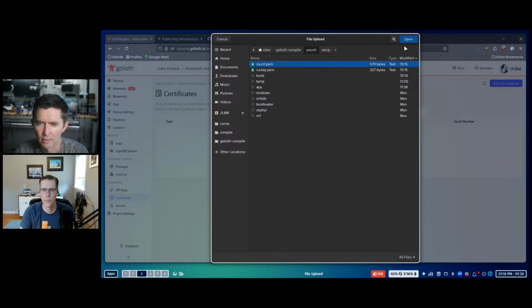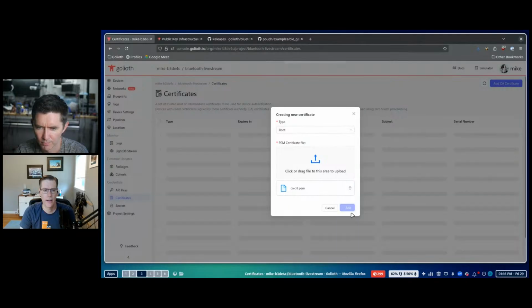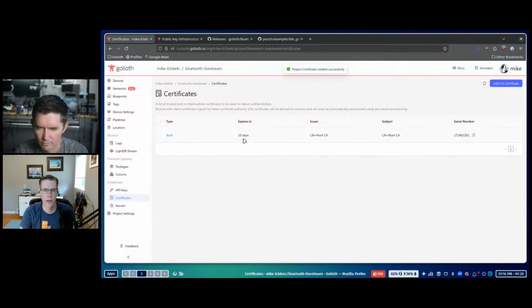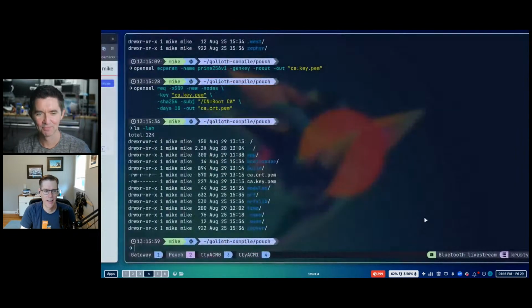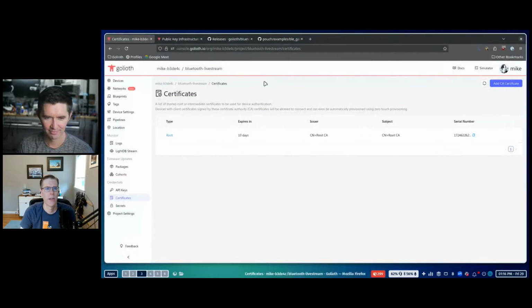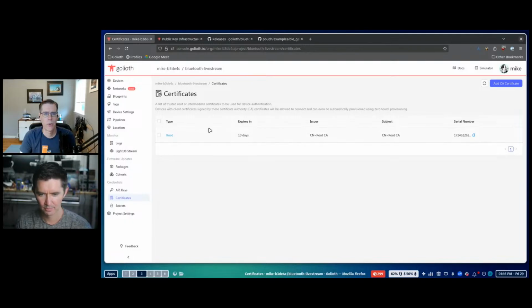crt.pem. There we go. Open, add. All right, and you can see this one expires in 10 days. That's probably a bad idea if you're going into production. This is just for demonstration purposes. That was one of the settings when I generated it. So that is for the project to be able to recognize devices that have a device certificate signed with this